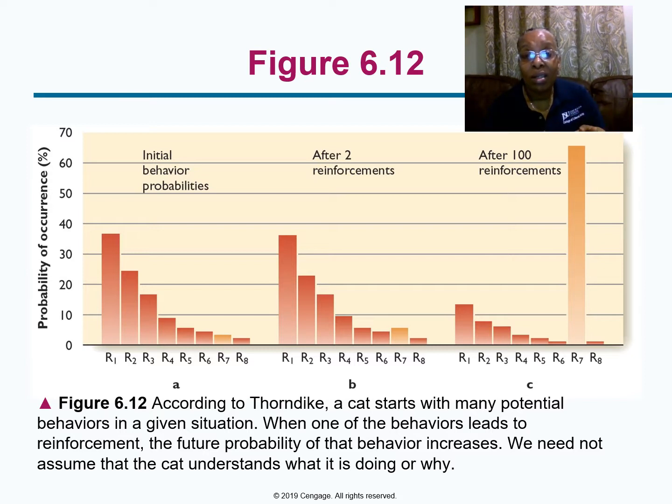On this slide, you can see that they labeled these responses R1, R2, R3, and so on. What happens is it starts with the most probable response, which is R1. If nothing special happens, then it proceeds to the other responses, eventually reaching one that would open the door. An example is bumping against the pole, which in this example on the slide is R7. Opening that door helped to reinforce the preceding behavior.